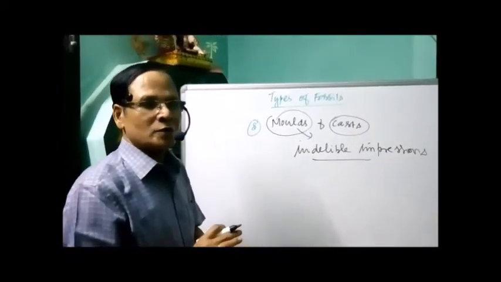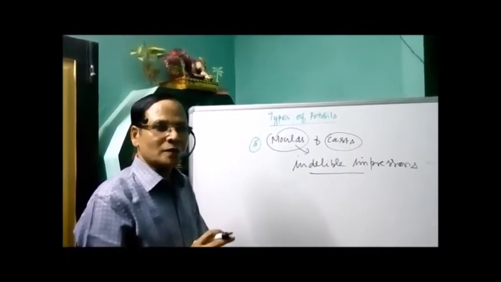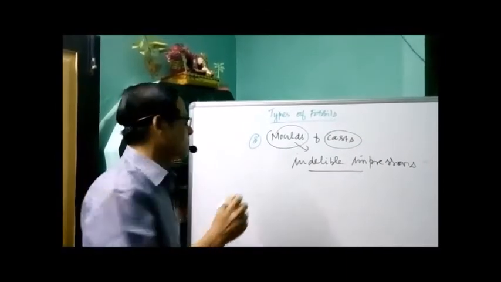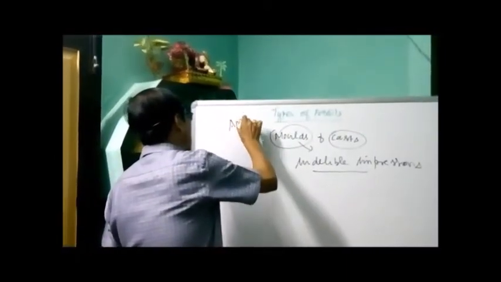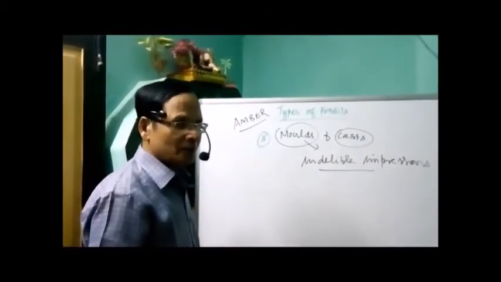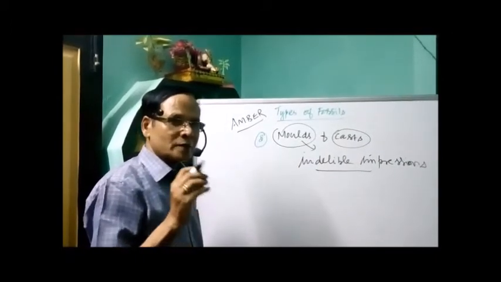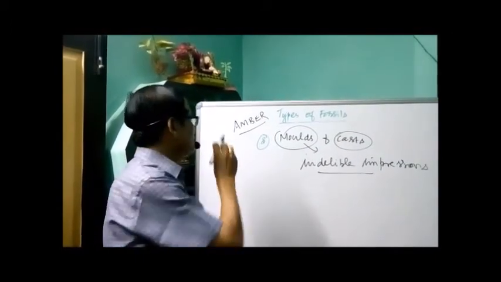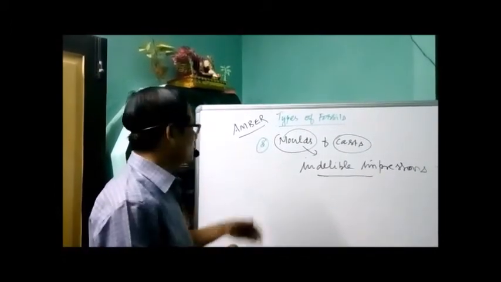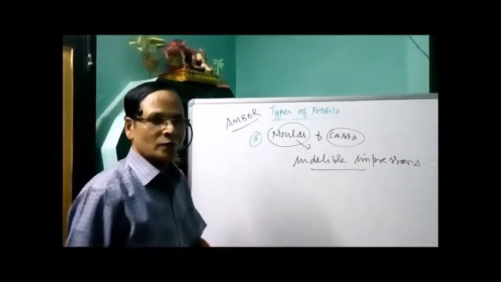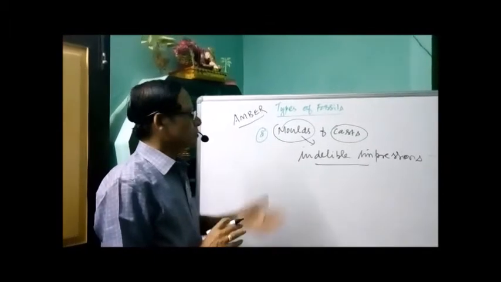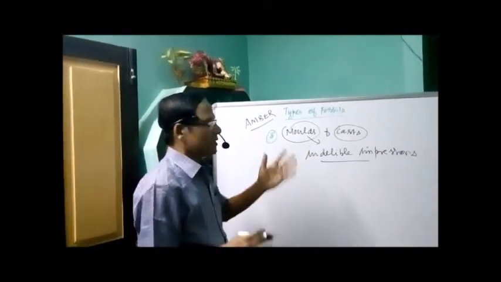Even in the case of actual remains, you know that some insects are preserved as such by means of the exudate from the plant body in the form of resins. For example, amber. Amber is a resinous product, an exudate from the plant body. It acts as a preservative when some insects get stuck to this amber. The insect was then preserved as such for a long duration. That's an example of actual remains. One of the examples, though not given in the book. So the indelible impressions form the molds, and they are filled with what is called the cast.